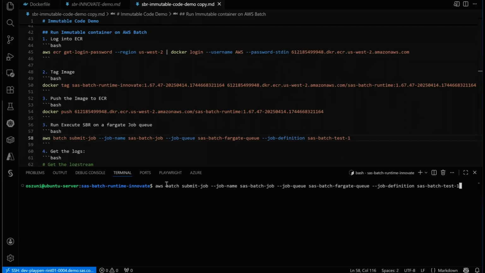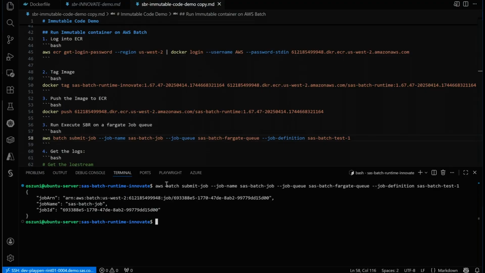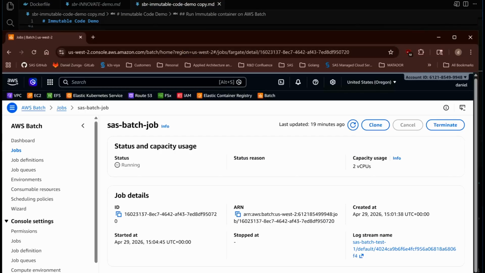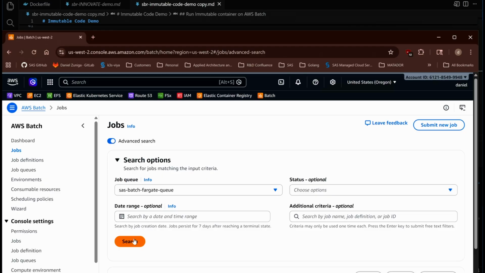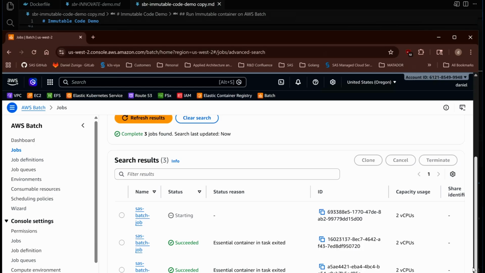So what we're going to do here is go ahead and submit the job. This is going already out to AWS Batch, and it's got a job submission there. You can use that job ID later to pull the logs if you want. But for the purpose of the demo, we're just going to dive right into the job screen in AWS Batch so we can see what we got going on here. So right here, what we see is that AWS Batch is pulling the container down from ECR. That's why it says starting. And it's getting it ready to run.